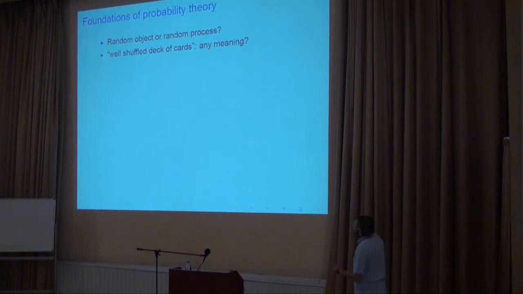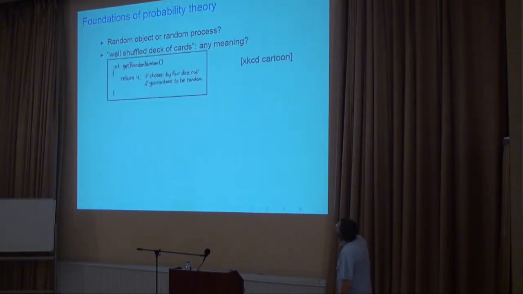Imagine we open such a deck and see the cards 1, 2, 3, 4, and so on. It seems to be not well shuffled, but on the other hand, all the orderings have the same probability if it's really well shuffled. So it's not clear whether this notion has any meaning. And not only philosophers speak about this a lot, there are even cartoons. If you look at Google, just for the words random and cartoon, or fair dice or something like this, I just found this funny thing,